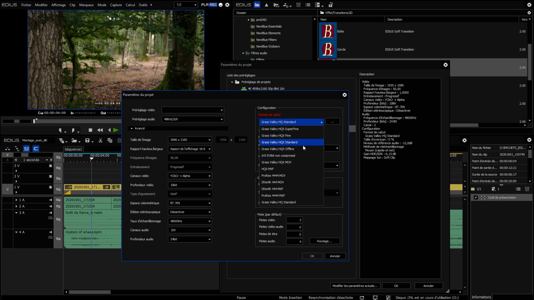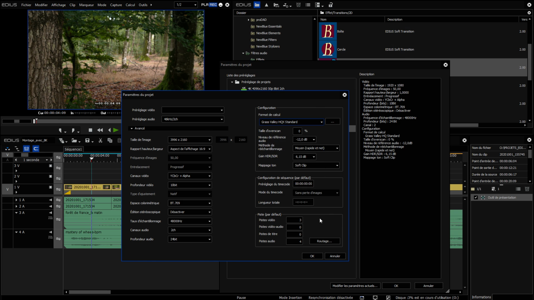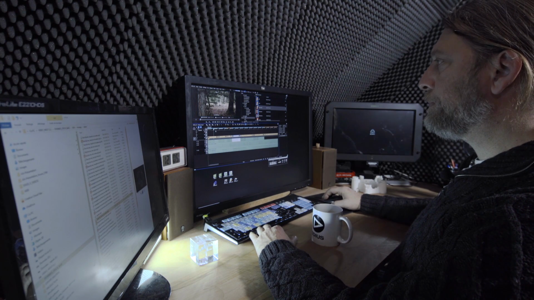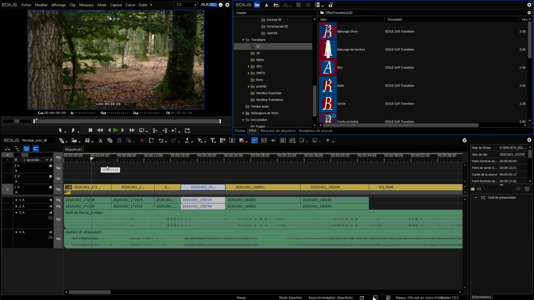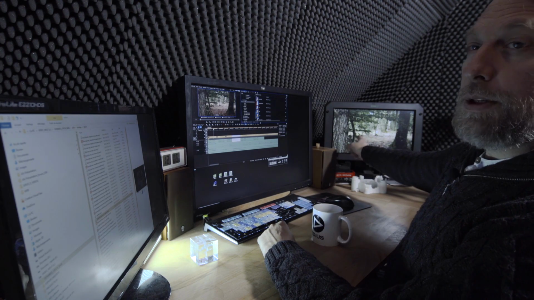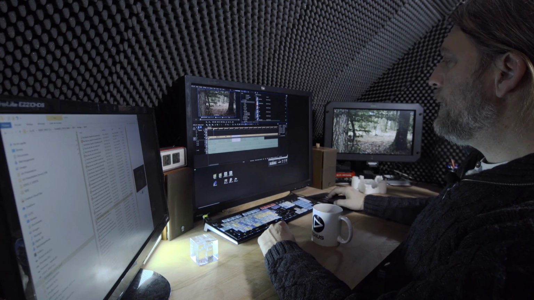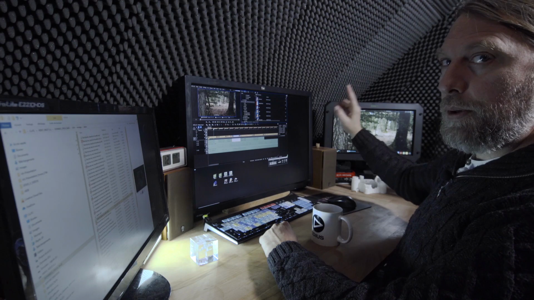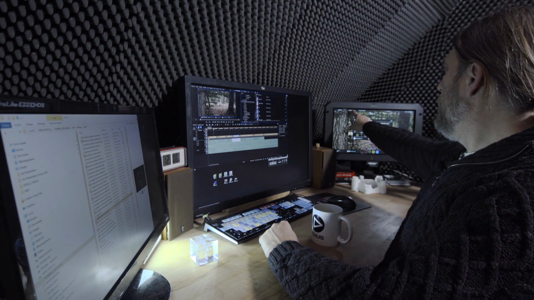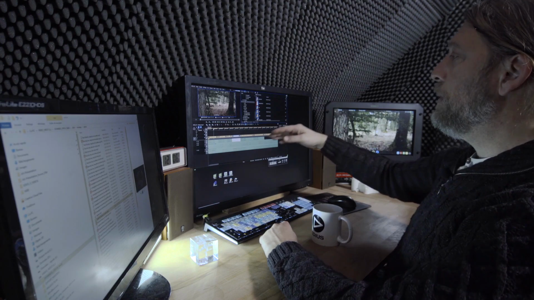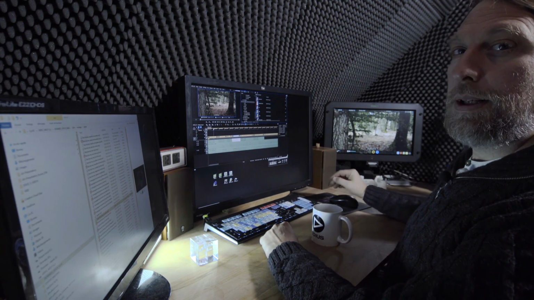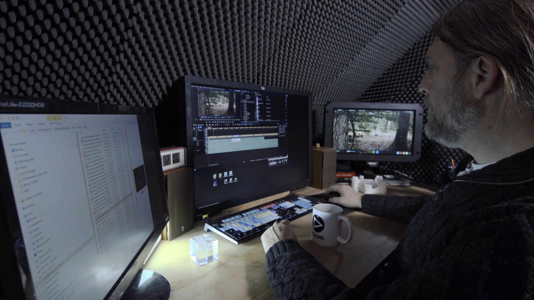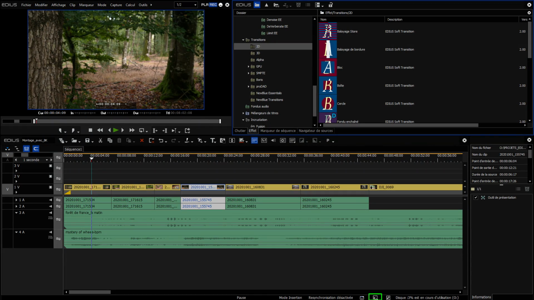So here I have to change the render format to at least Grass Valley HQX. Okay, we are done with the project settings, and we still have a video output. But this time, I have a small notification at the bottom telling me that the video has been converted. The card can preview 4K, but not in 50p. So we did set the project to 4K 25p. That's why I got the notification about an ongoing conversion.